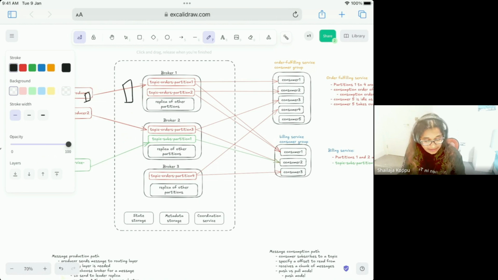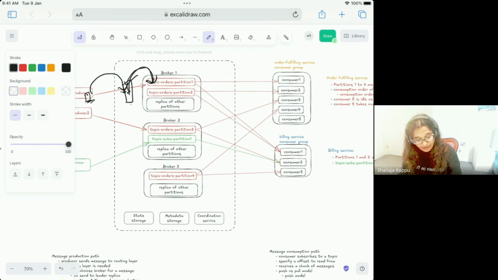You need to be aware of that when you answer this to the interviewer. If the routing layer is here, the main advantage is the producer doesn't need to be aware of how many partitions there are, or how to assign a message to a partition. All that logic is abstracted from the producer. The producer simply says, this is a message, just send it to so-and-so topic. But the disadvantage of that approach is the message has to hop from here to here. In this case, the write throughput will go down because the message is copied twice. So write throughput will be impacted in this case.